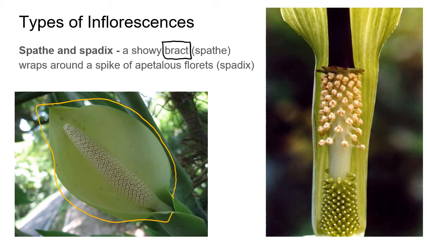So this is a spathe, and I remember that word because it sounds very round, spathe, and I think of that just when I kind of twist my hand around as I say it, spathe, because it has this sort of wraparound feel to that word. So the spathe is this showy bract that wraps around it. It's not actually part of the inflorescence. The inflorescence would be down here, where you can see we have